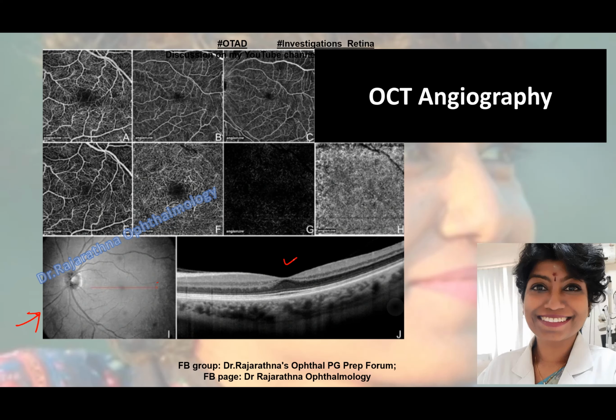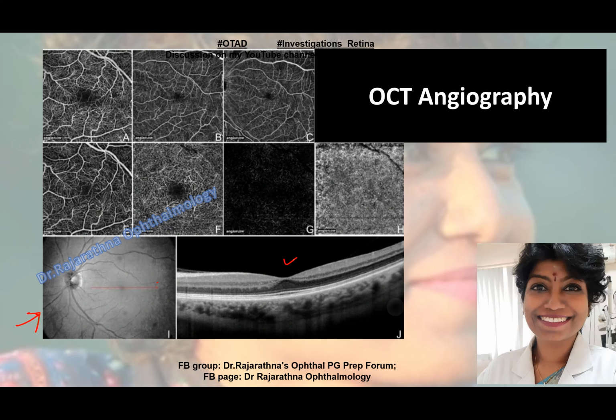The fovea appears dark as the AF is masked by luteal pigments. Of course, if you had seen normal AF pictures, the fovea appears dark, and that is because of the luteal pigments. Okay, the yellow pigments, the xanthophyll, the zeaxanthin pigments, which is a true statement. Let's also take a look at option D. Hyperfluorescence is seen in geographic atrophy due to dry ARMD.